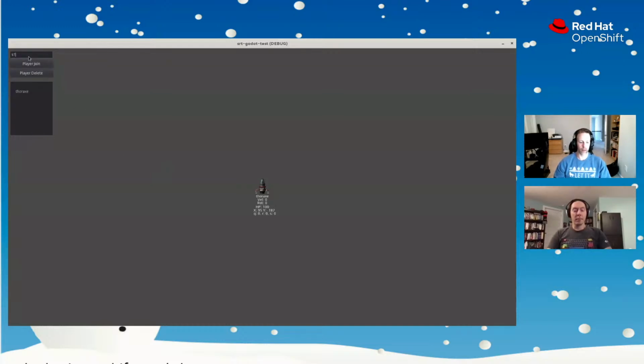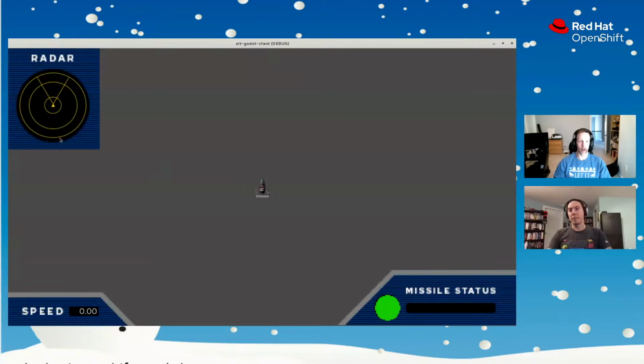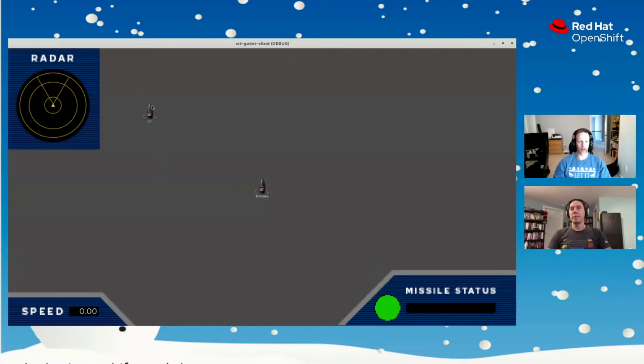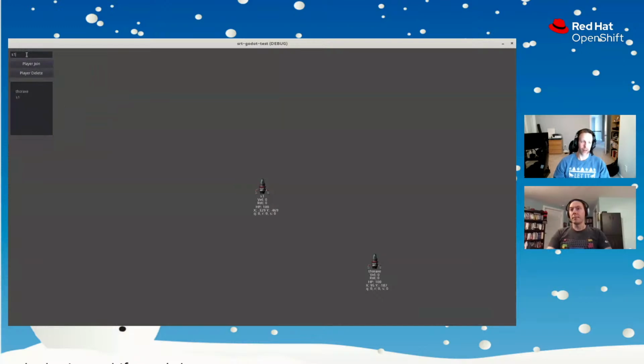Oh, and if we look at the client, there's nothing on the radar. So I'm going to join server 1. And if I switch back over here, we see this player, and I don't think you can see it, but there's like 1 pixel sticking out from under that triangle right now. And if I join another player, S2,